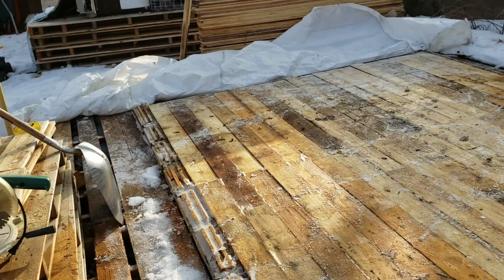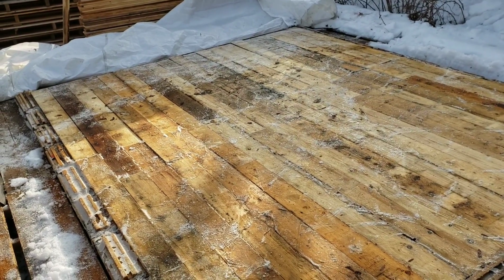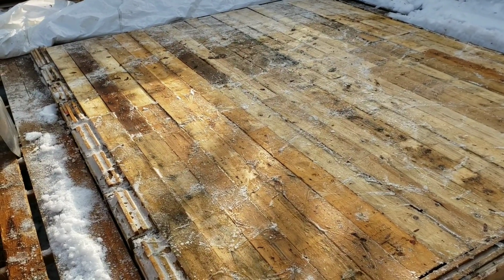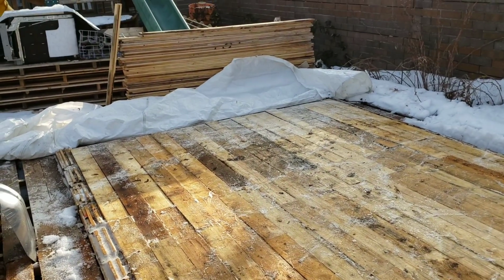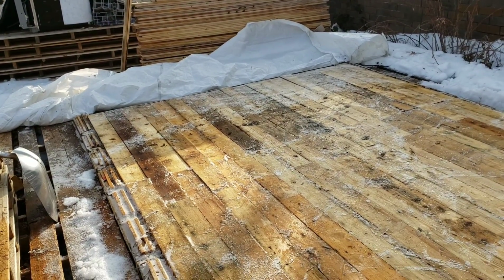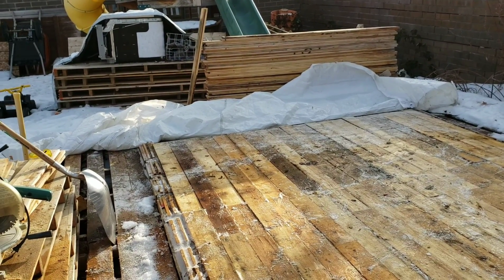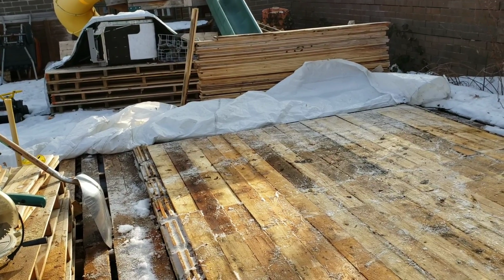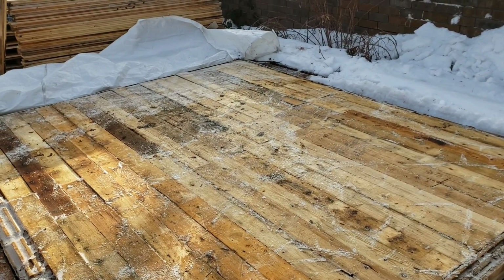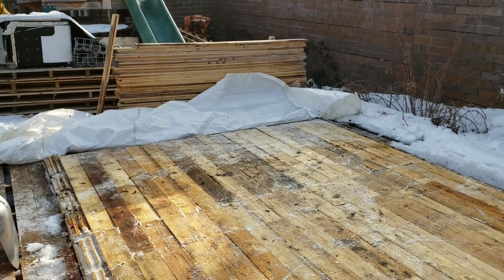Maybe I'll measure and cut a bit so that we can progress on it, and just have to wait for the floor to thaw out, and then those would be ready to install, rather than waiting for it to thaw out and then still having to do that. So that'd be a way for me to utilize my time, compound the waiting time into working time as well, just be a little more productive. So maybe I'll do that, but this has already been about a half an hour, so I'll close for now,